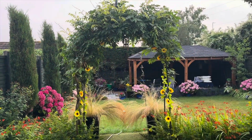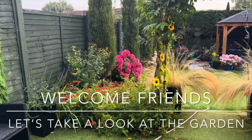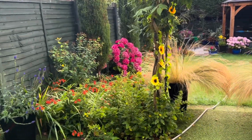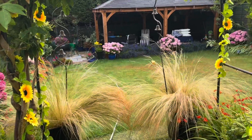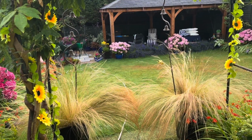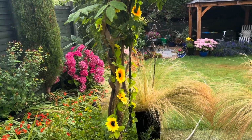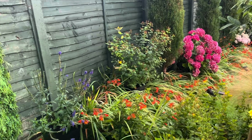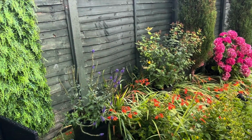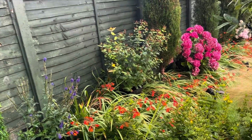So good morning everybody. Well, last night was a humdinger of a storm and I couldn't help myself, I had to run down in the rain and set myself up at the bottom of the garden to record that amazing storm. And I just wanted to have a browse around the garden. I would do this anyway, but I thought I'd bring you along with me and see what's happened to the garden